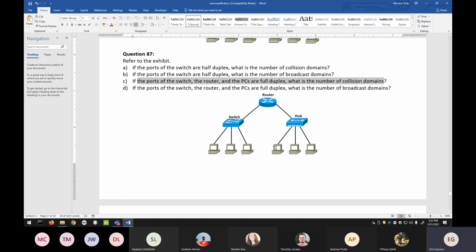So these PCs support both, but you see that they are connecting to a device that only supports half duplex. Since we cannot have a mismatch, each will put its interface in half duplex. So this link will be half duplex. This one also, this one also, this one also, which makes all this one collision domain. So in this case, C, we will have one collision domain that will include these 3 PCs and this interface of the router, which means that